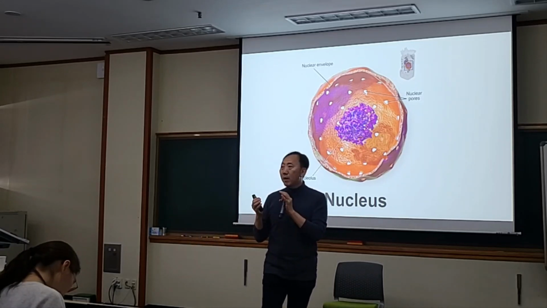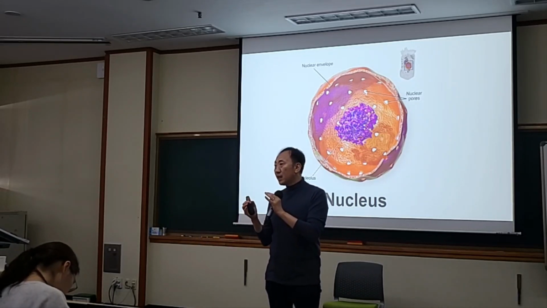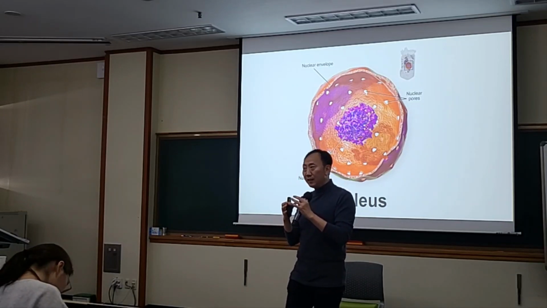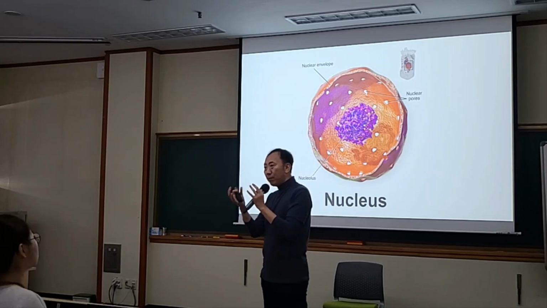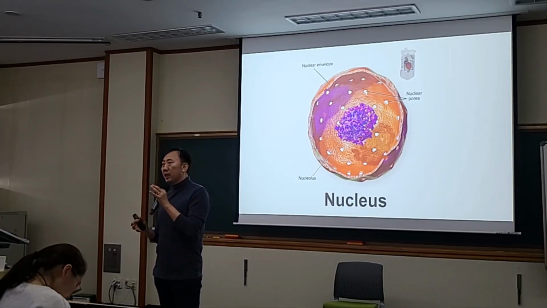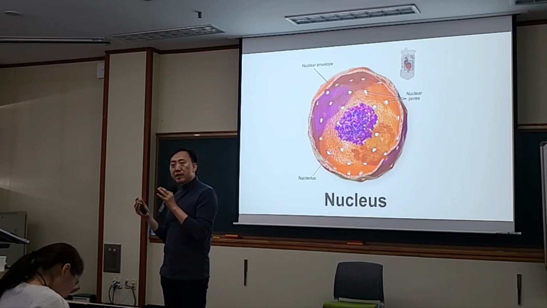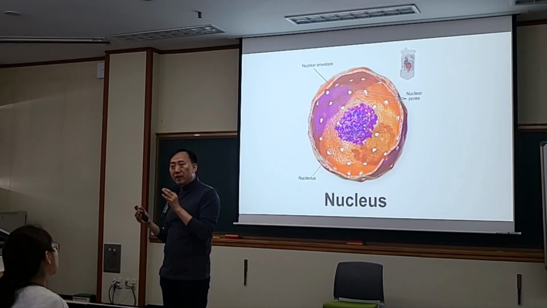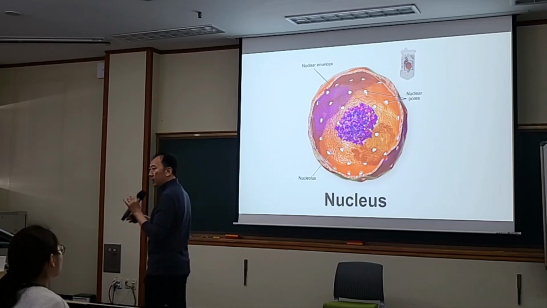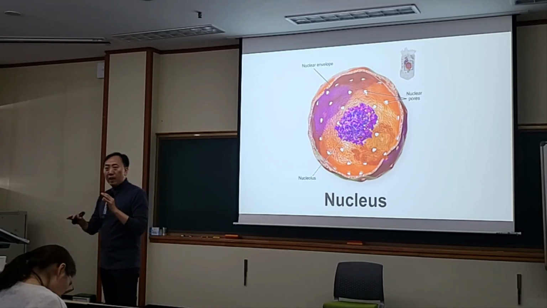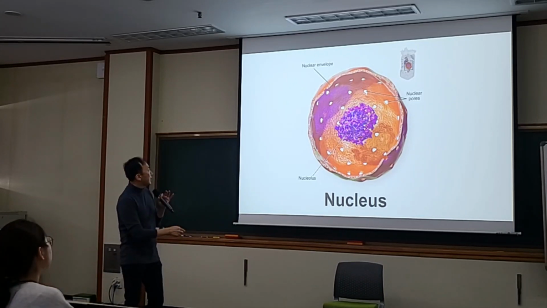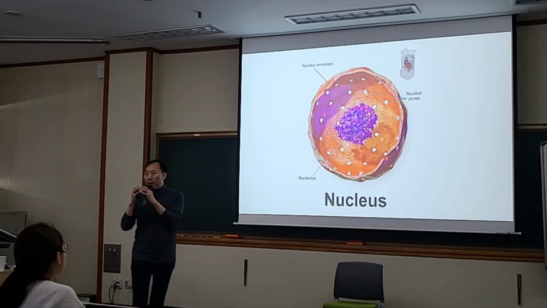Very interestingly, this nucleolus structure is not segregated by a membrane, but is kind of a separate phase, a different condensate. It looks like it forms a separate phase, but it doesn't have a membrane. This kind of structure is now getting more and more attention in modern biology. So far we have seen lysosome, ER, mitochondria; they are all separated by membrane structures. But this one